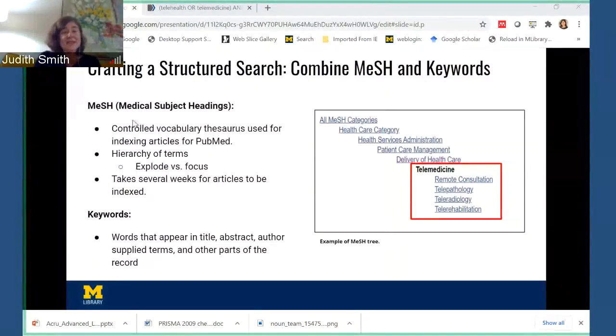Another aspect of advanced searching is you want to take advantage of features such as phrase searching, where you put something in quotes, or truncation, where you put an asterisk. Again, that's for PubMed. Or proximity searching. Some of the databases have proximity searching, where you can say, I want this word, remote, to be within 3 words of the word consultation.